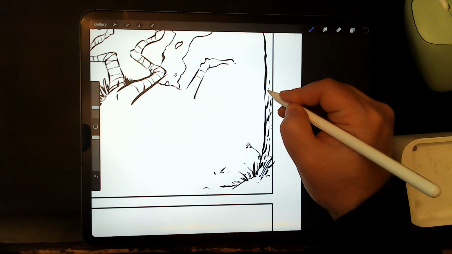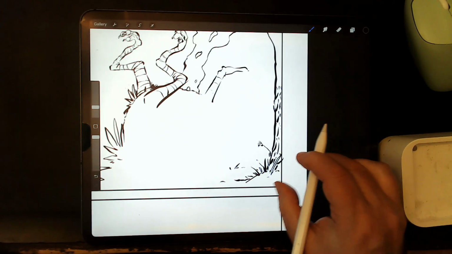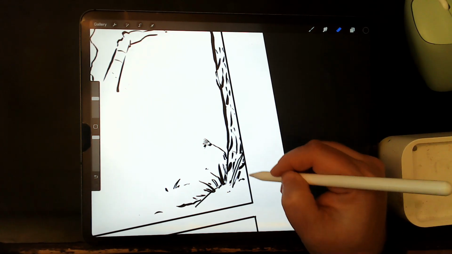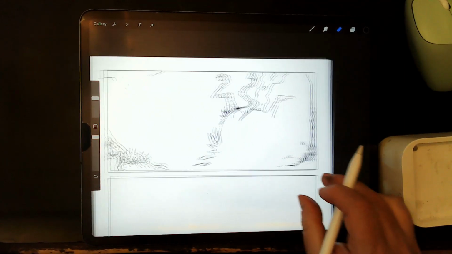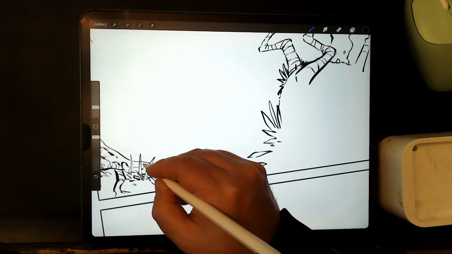I need to do more ink studies of trees. A lot of nature takes place in comic books. So if you have a comic book that's set outside, study nature.